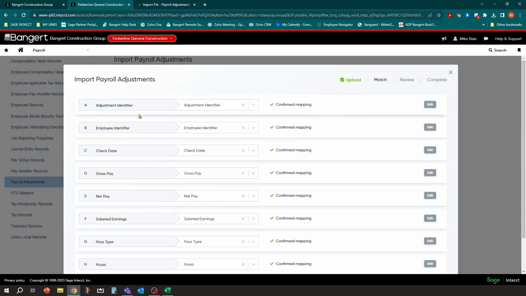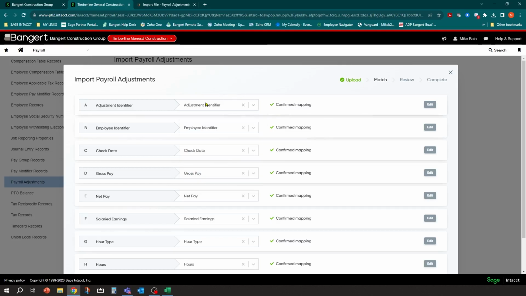And then the first time you go in here, it's going to map this spreadsheet out. So technically, you don't even have to use the template, because when you first come in here, you could tell the system which columns go with what, and they can be completely independent of the names of the columns. As long as you know where they go, you're going to come in here and map them with your spreadsheet.